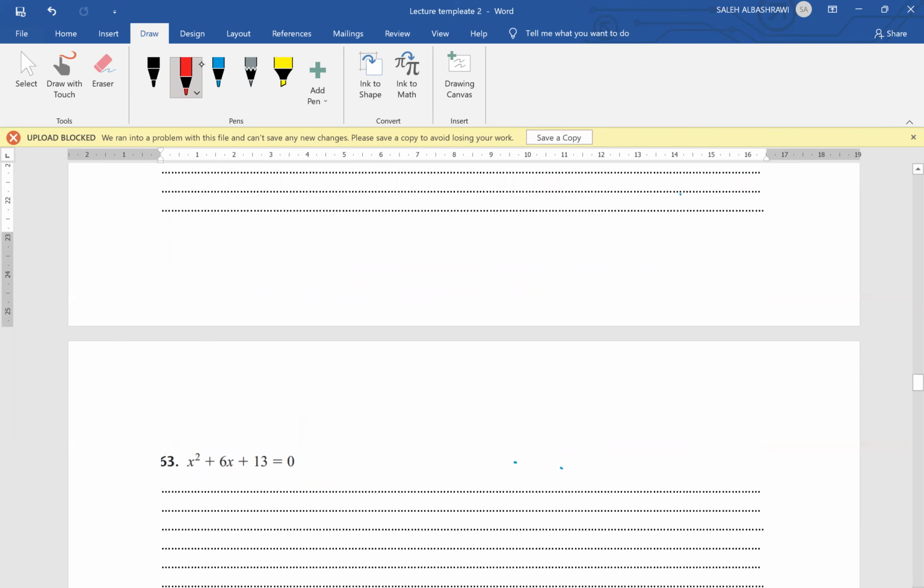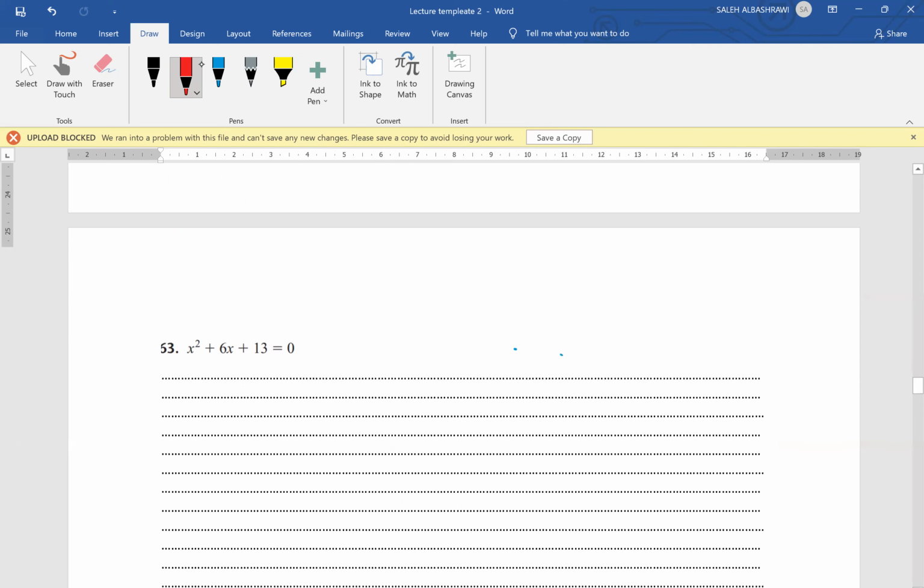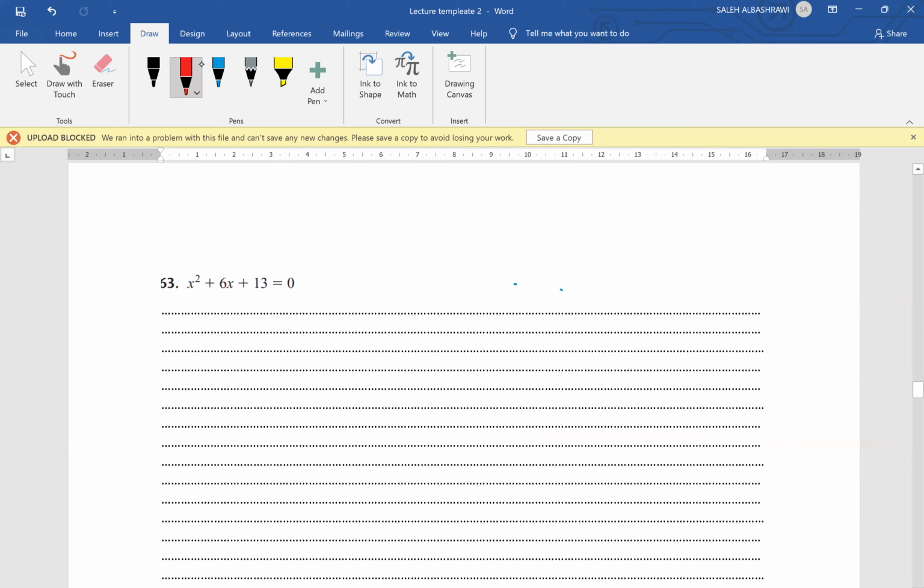In this example, I need to solve the quadratic equation using the quadratic formula: x squared plus 6x plus 13 equals 0. This equation is in the standard form. So a equal to 1, it is the coefficient of x squared, b equal to 6, and c is the constant, it's 13. Now the quadratic formula is x equal to